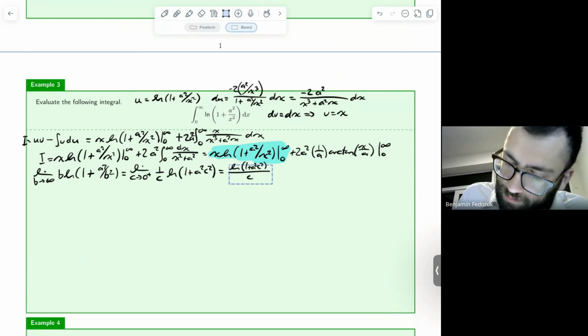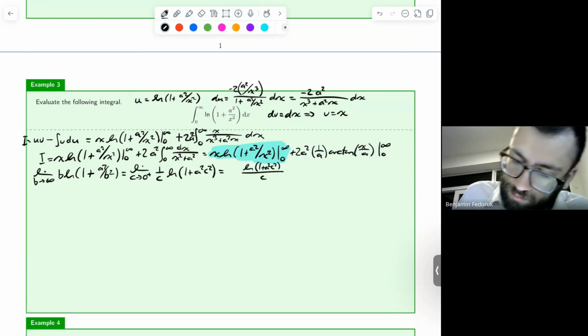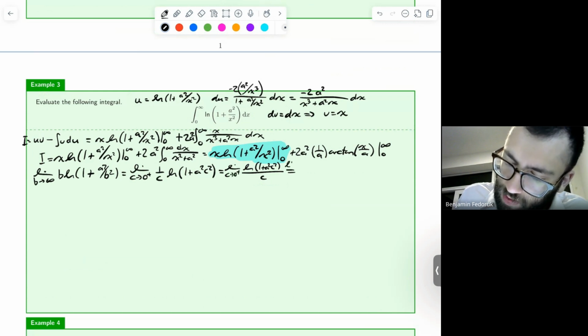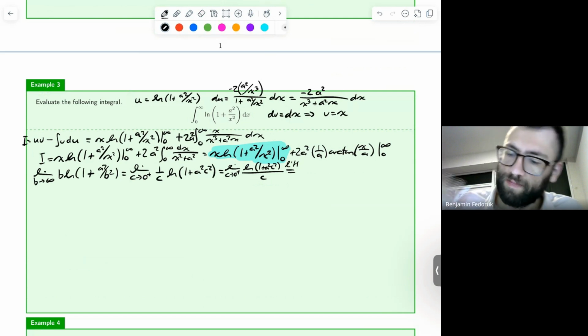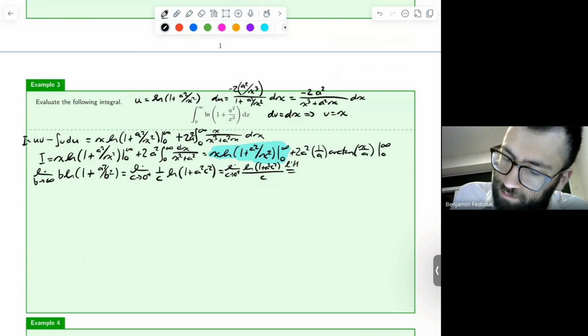And the limit of that as c goes to 0 from the positive. We can apply L'Hopital's rule to this. If you try plugging in 0, you get 0 over 0, which is not going to be pleasant. So we'll use L'Hopital's rule, and we're left with the limit as c goes to 0 from the positive side